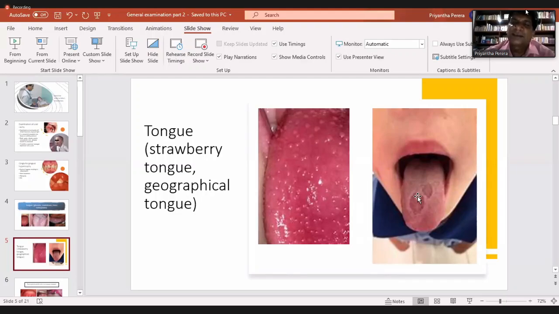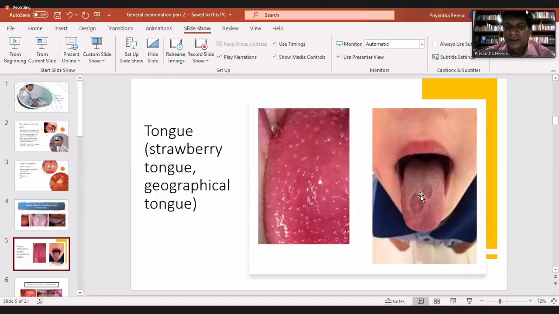So you get it changing in shape, right? And this has no clinical significance. This is a normal phenomenon, which we don't know why it happens, right? But often parents get panic about this. Commonly seen in children, parents get panic about this, thinking what it is, but you don't have to do anything. Just reassurance is what's needed.